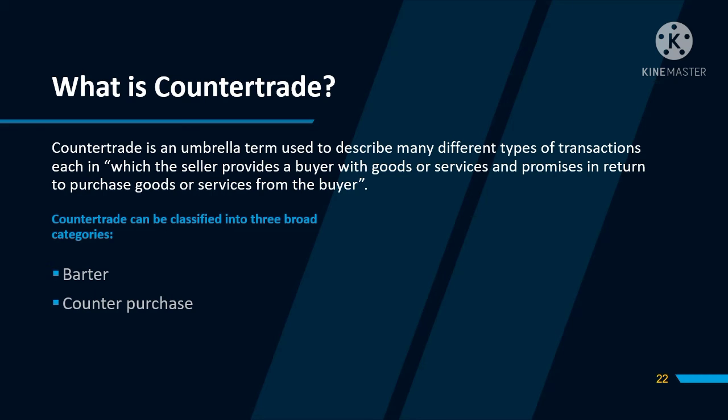Offset. The seller assists in marketing products manufactured by the buying country or allows part of the exported products' assembly to be carried out by manufacturers in the buying country. This practice is common in aerospace, defense, and certain infrastructure industries. Offsetting is also more common for larger and more expensive items. There are two types of offset.